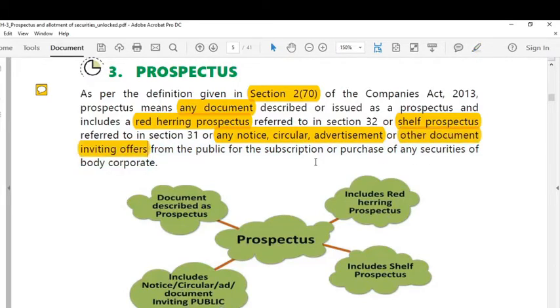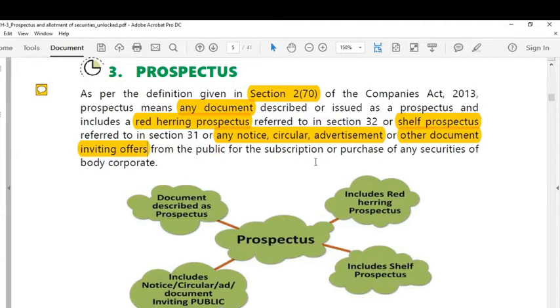See, very simple definition. Students have to appreciate and understand. Any document issued as a prospectus, which includes a red herring prospectus, shelf prospectus, or any notice, circular, advertisement, or other document inviting offers from the public for subscribing to any securities of a body corporate